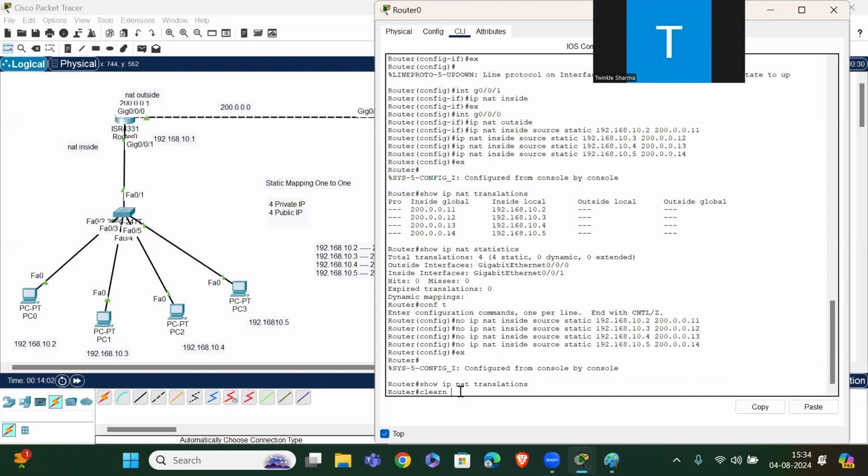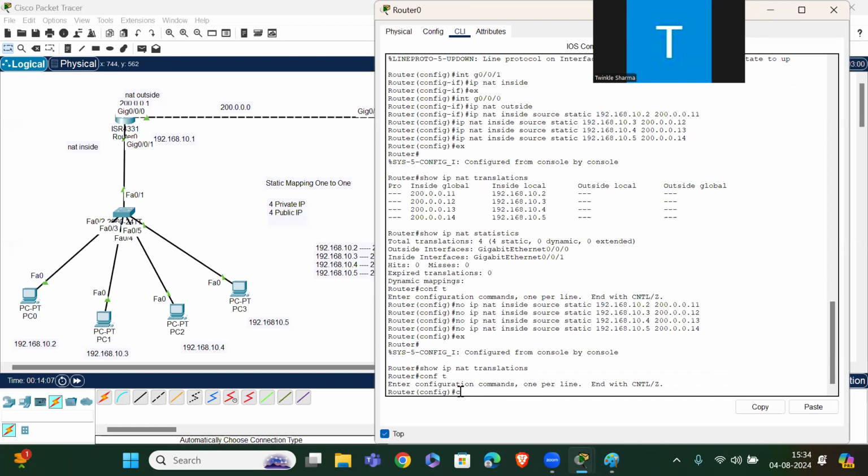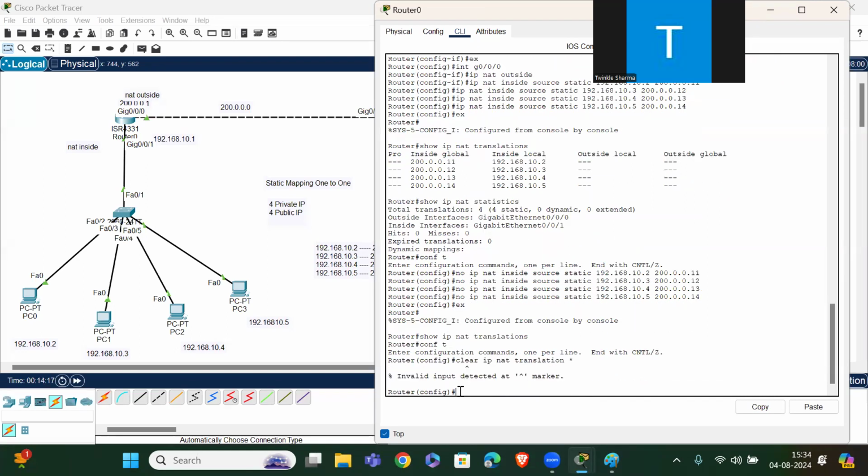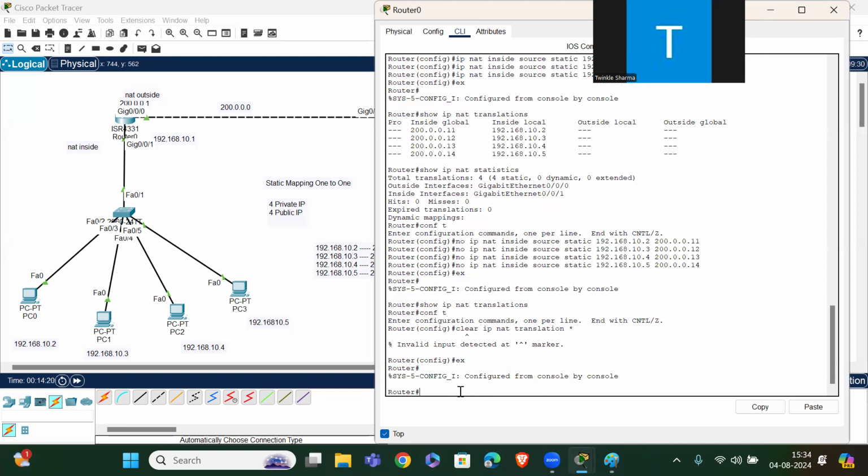Clear IP NAT translation star. It will delete all the things. Clear IP NAT translations star.